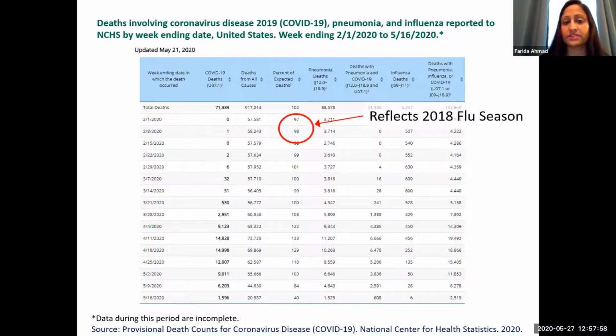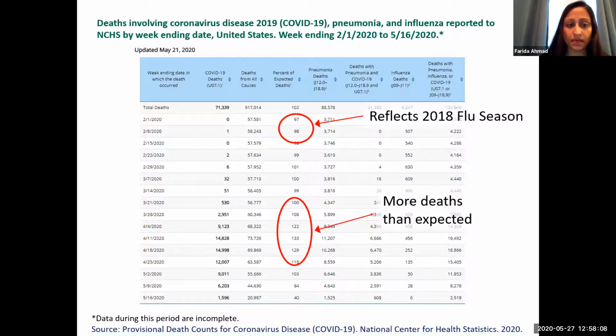So that little dip where we don't have 100% of the expected deaths reflects the 2018 flu season, which was pretty bad in the early weeks of February. And then you